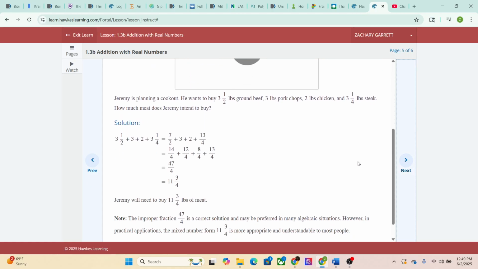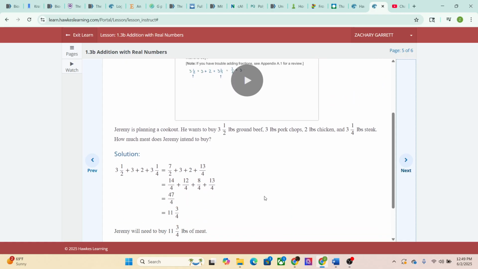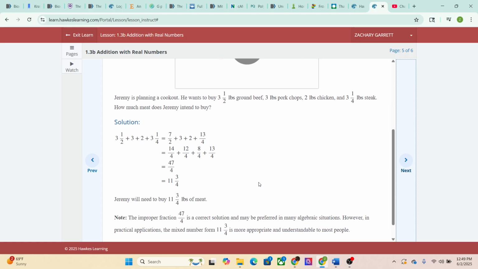Here we have an application problem. Jeremy is planning a cookout. He wants to buy 3.5 pounds of ground beef, 3 pounds of pork chops, 2 pounds of chicken, and 3.25 pounds of steak. How much does Jeremy intend to buy? The solution is